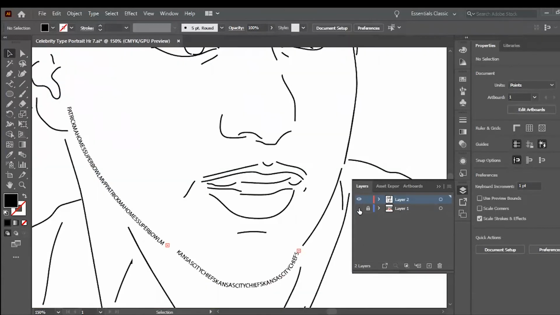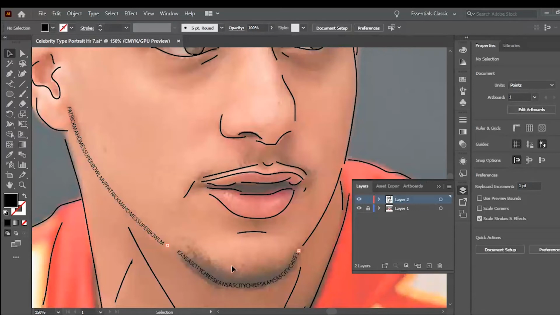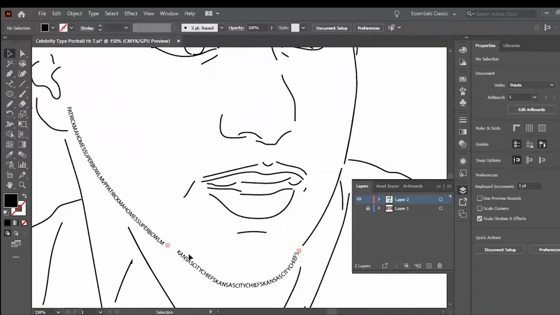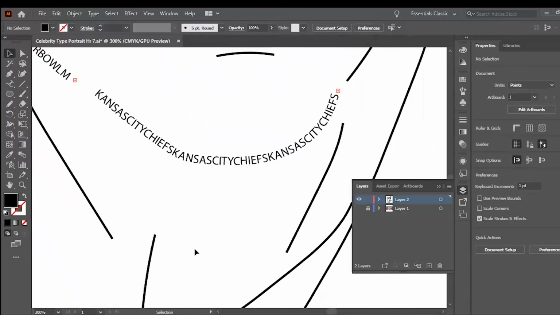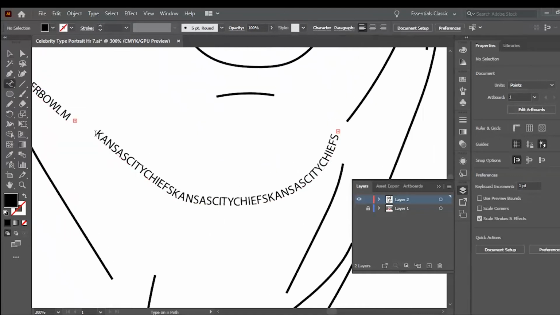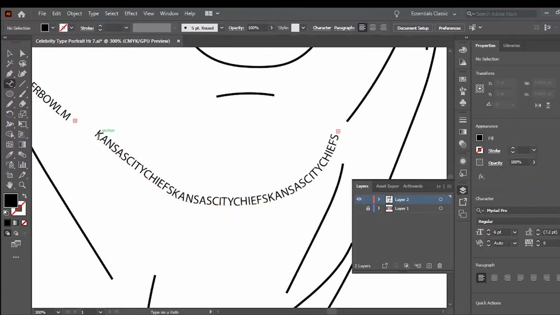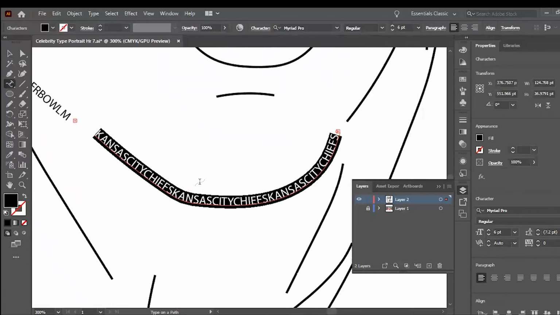Take a look at, all right, so you see how he's got a little chin beard fuzz thing here? What if I don't particularly want to do the entire thing because it's going to make it look like he's got a big beard. But one thing that I can do is this. Instead of just doing the basic lines, once again, I want to reiterate, you can just do the basic lines. That is fine. But if I select over that, and then I come up to where it says Myriad Pro